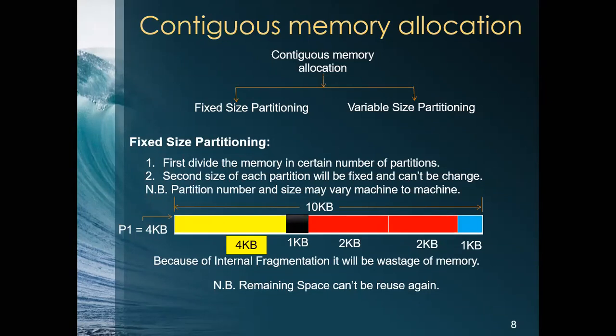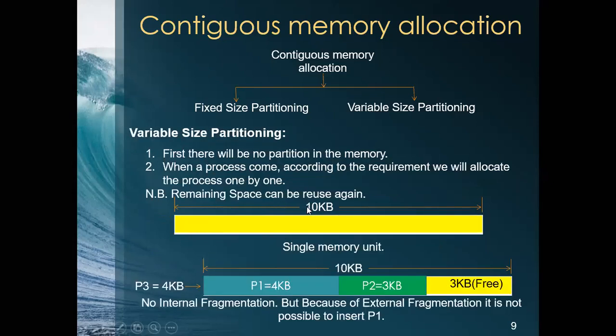Okay, any other classes cannot use those seats because I'm already taking class there. Same way, any other process cannot use this 1 kilobyte of memory because process 1 is already using it. So process 2 or process 3, maybe a process which needs 1 kilobyte of memory, will not be able to use it. But in the variable size partitioning, what is the advantage? You see, process 1 came, it needed 4 kilobytes. So out of the 10, it will only take 4 kilobyte. So the rest 6 kilobyte will be free.